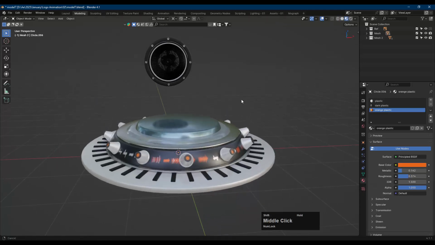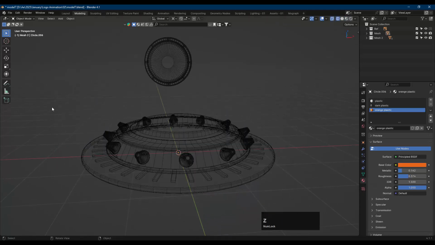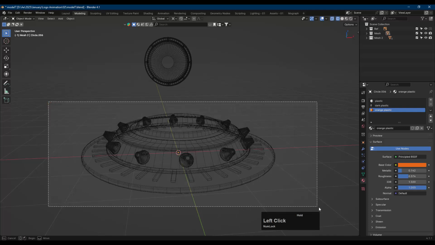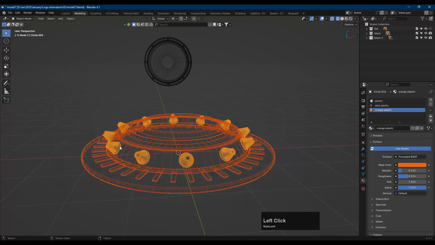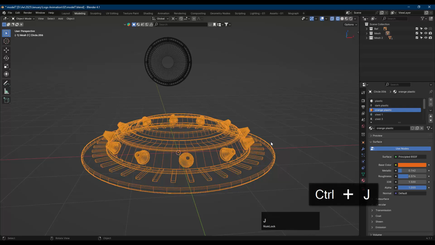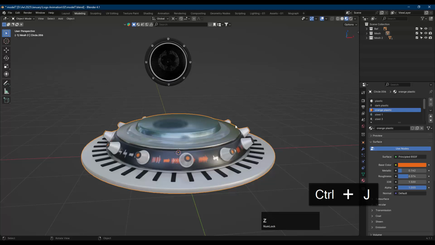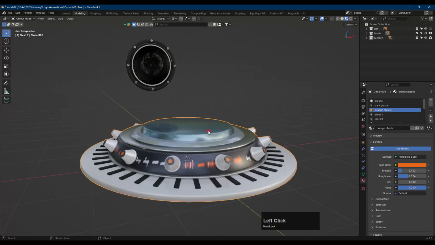Let's press Shift Z. Let's select all of this, and then press Ctrl J to join them. Press Shift Z again. Let's press dot on the numpad, which is the period key, and then rename this something like stage,